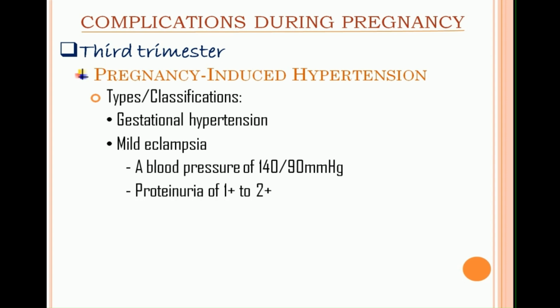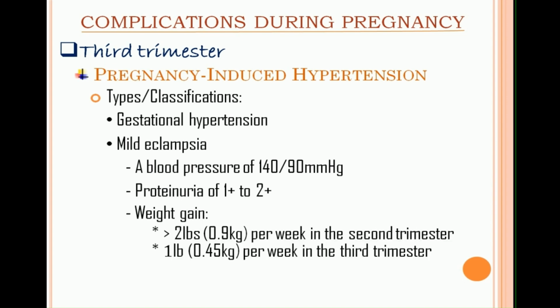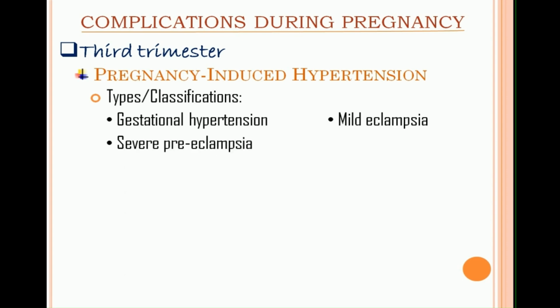proteinuria of +1 to +2, weight gain of more than 2 pounds per week in the second trimester and 1 pound per week in the third trimester. Mild edema in the upper extremities or face. Next, we have severe preeclampsia. It is a blood pressure of 160 over 110 millimeters of mercury,